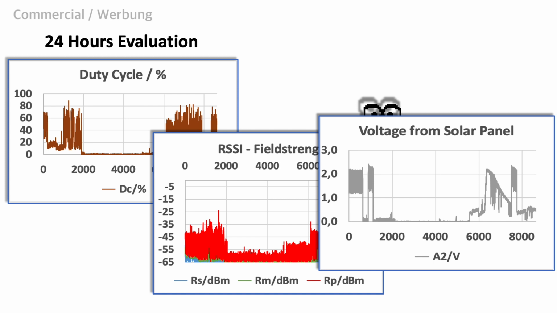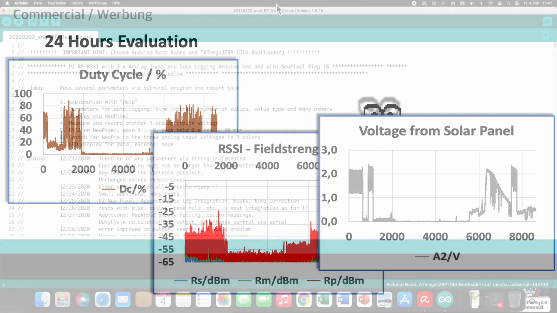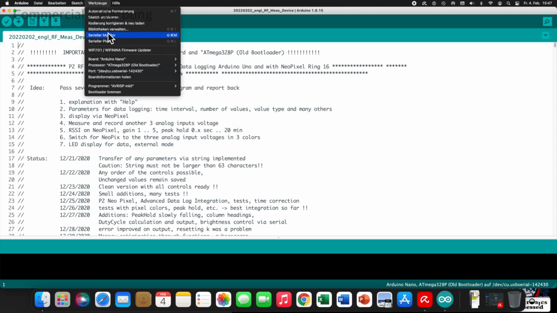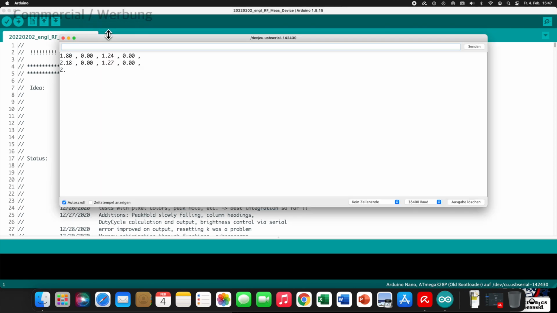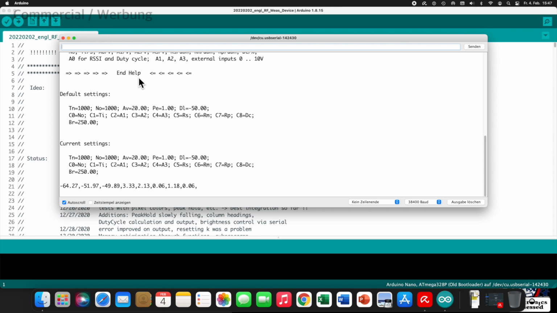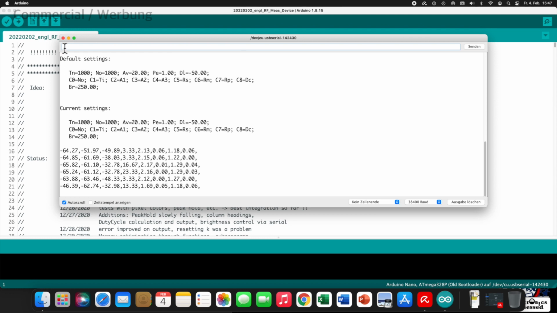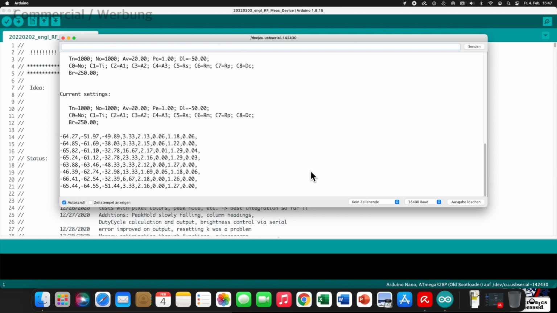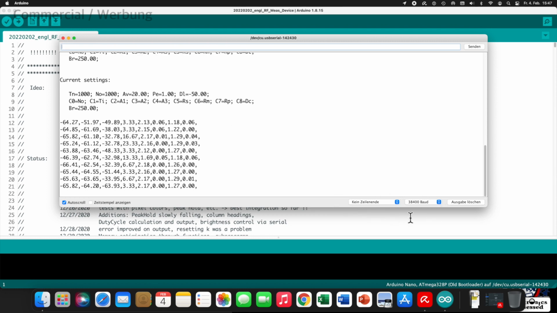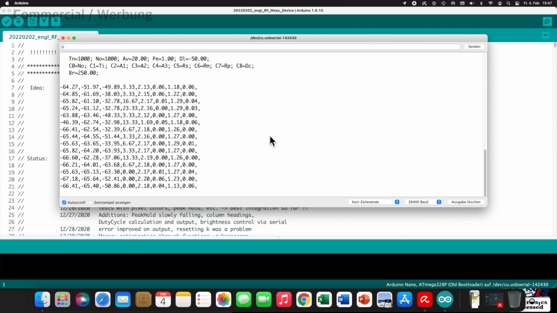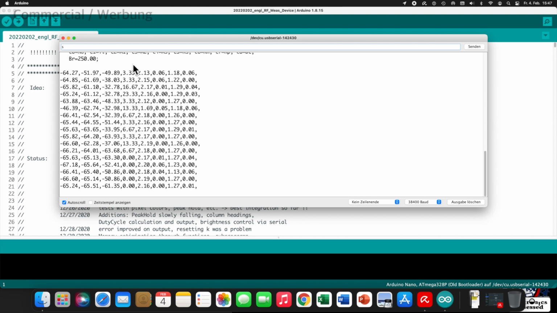In case you don't want to record the measurements in a file, you can also use the Arduino IDE to monitor your measurements. Let me demonstrate this real quick. You can open the serial monitor in the Arduino IDE, and with that you can observe the incoming values, and you can also control the device by sending strings using the upper line.